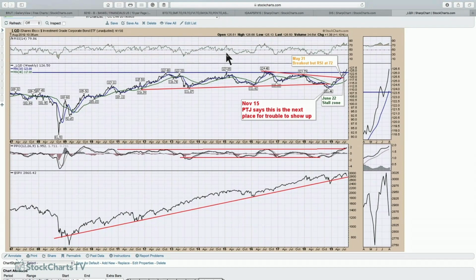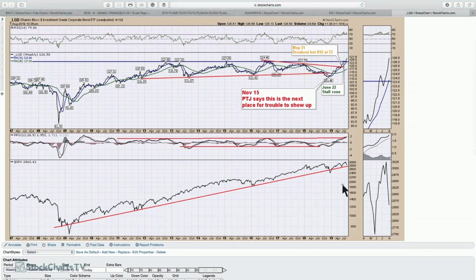This investment grade corporate bond, you can see breaking out to new highs here, and we stalled as we tried to get through this horizontal resistance layer. Now we've clearly popped up. The previous high was 124. We're at 126. So this is taking off to the upside, and I think it's just